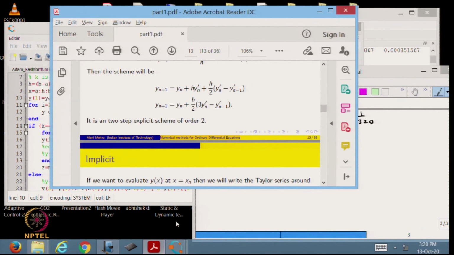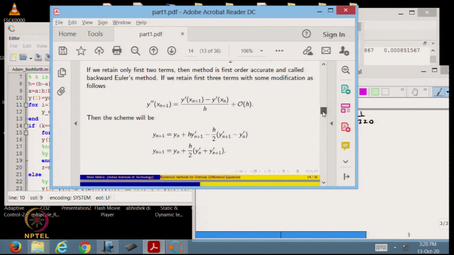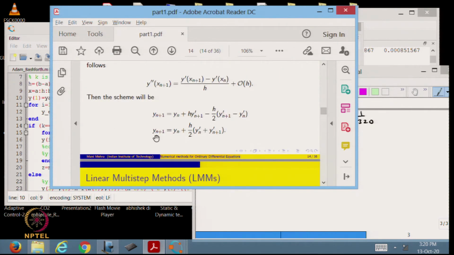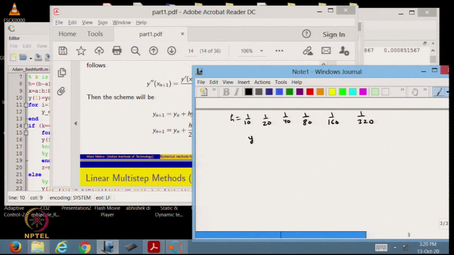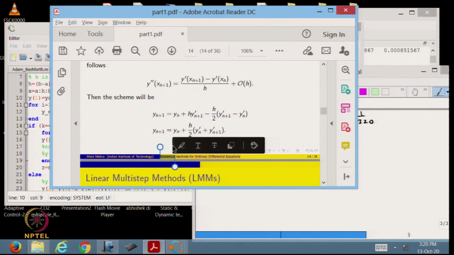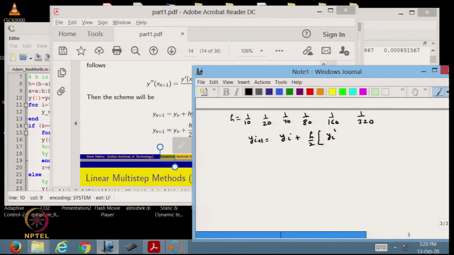I can also show you in our lecture part. So, basically y i plus 1 is equal to y i plus h by 2 times y i dash plus y i plus 1 dash, which is also called the trapezoidal method or